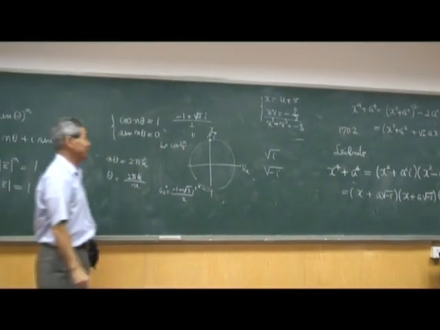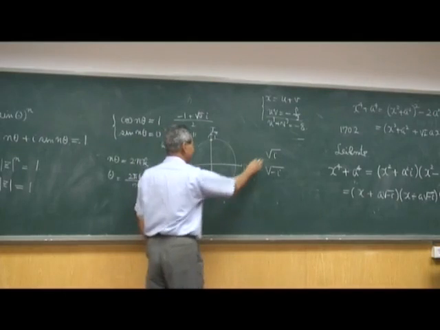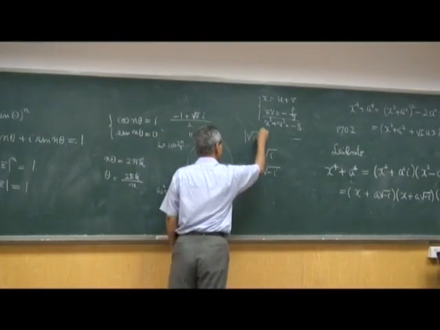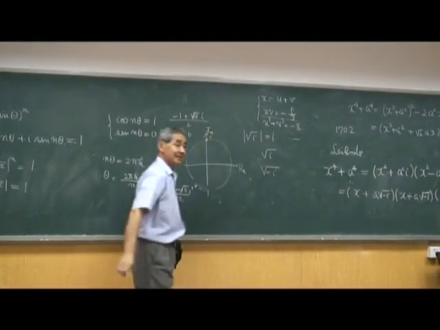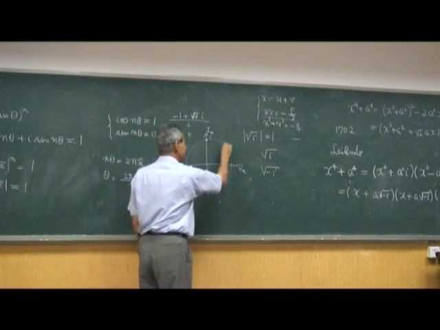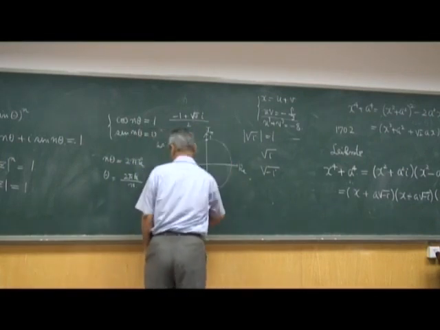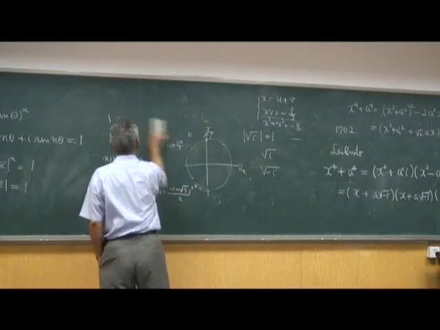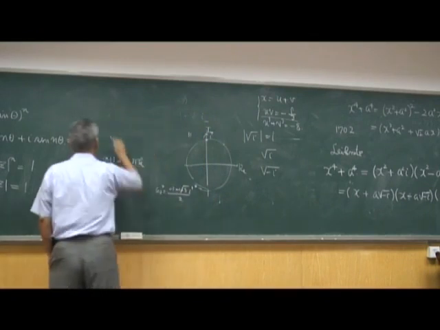And also the absolute value of this is always 1. So this is what is here. And if you write, therefore,